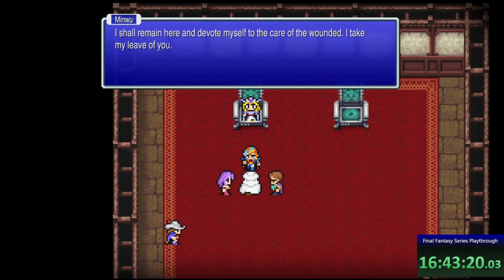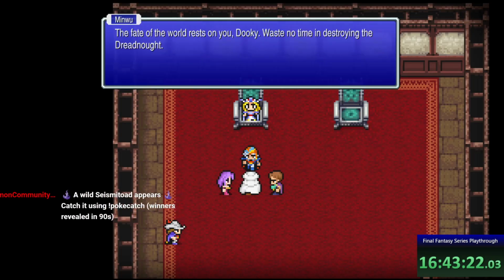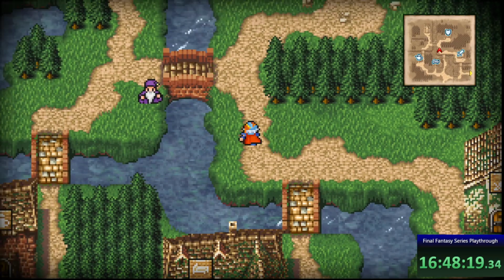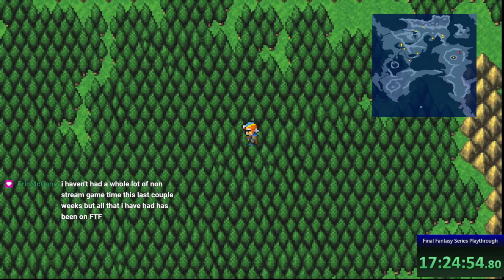Minwoo leaves the party to care for the king in his last moments. He does allow us to continue using his canoe, though. Real solid dude, that Minwoo. Here is where we needed the airship term from Sid, so cue another lap around the world wondering what to